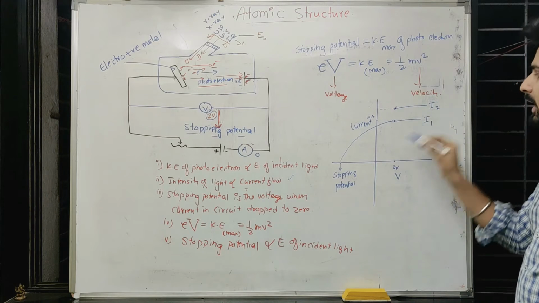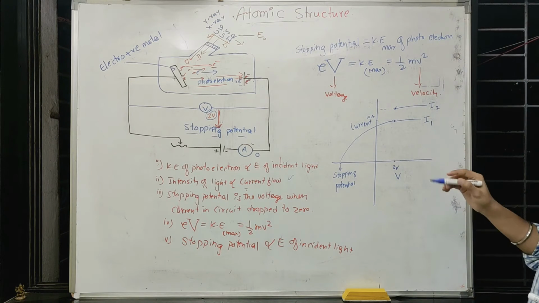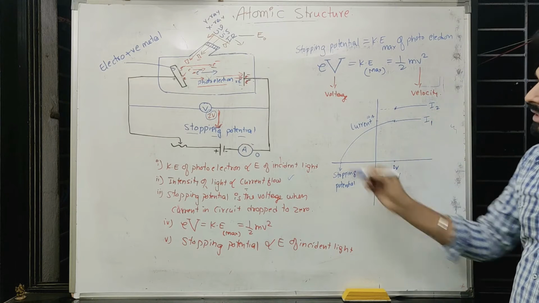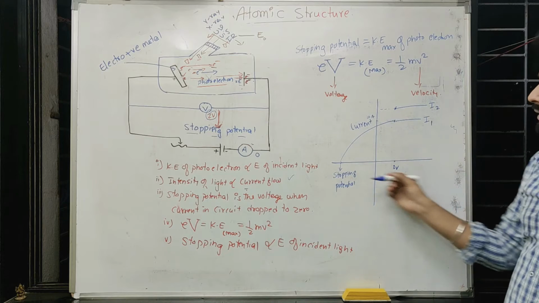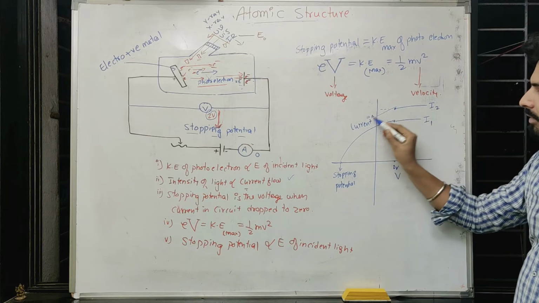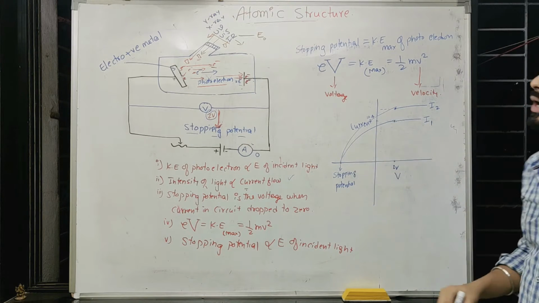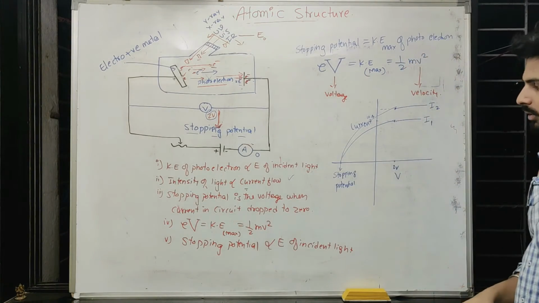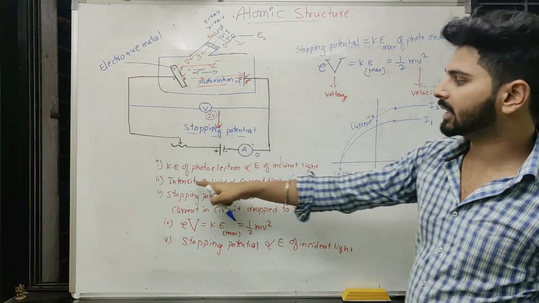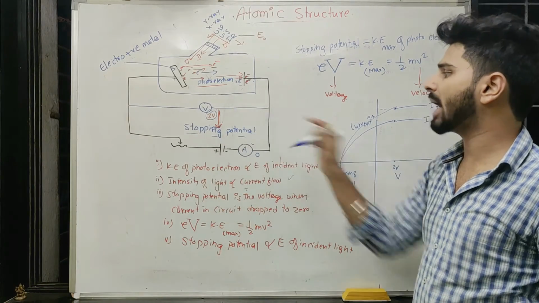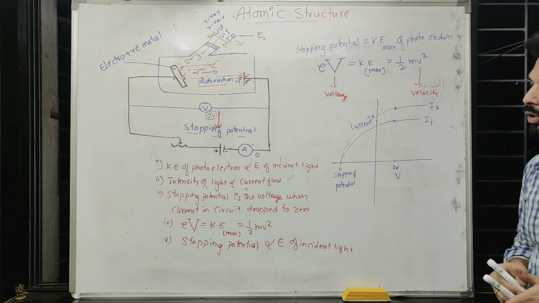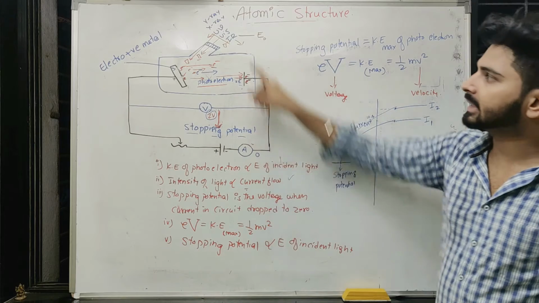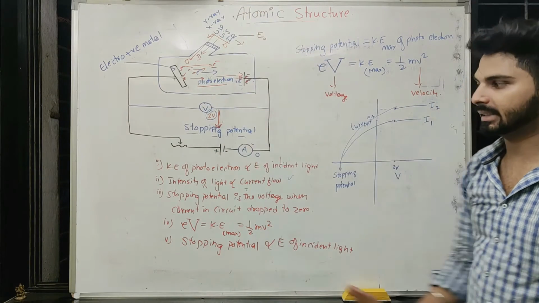So even if I increase or decrease the intensity of the light, definitely the current will change over here, but when I decrease the voltage or take that in the reverse direction, they will be stopped at the same location, because intensity is not going to affect the kinetic energy of the photoelectron. As long as they are not affecting the kinetic energy of the photoelectron, they don't have any effect on stopping potential also, because stopping potential is directly connected to the incident light energy, and incident light energy has nothing to do with the intensity.